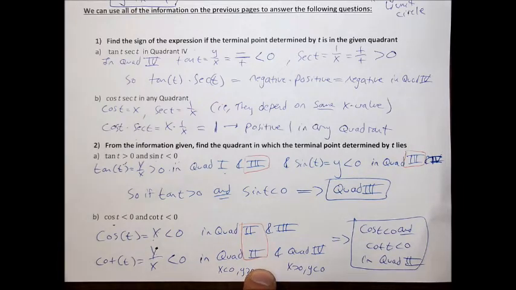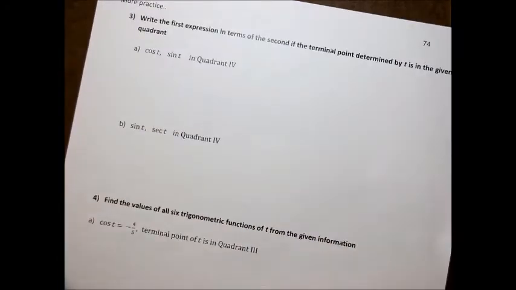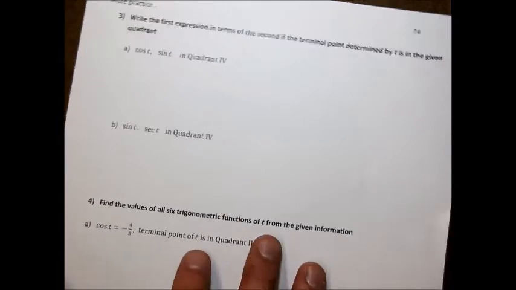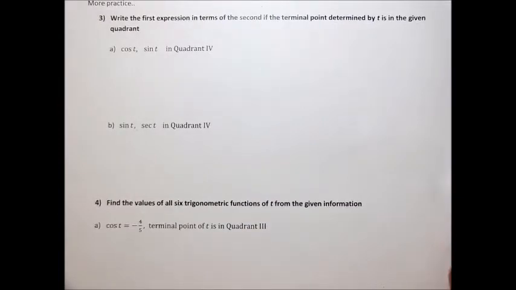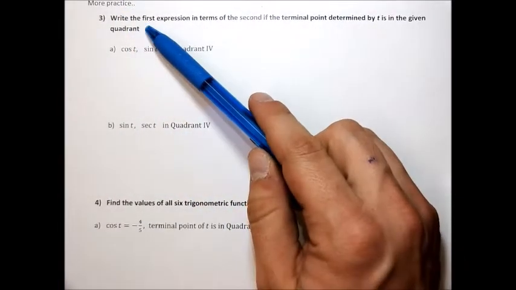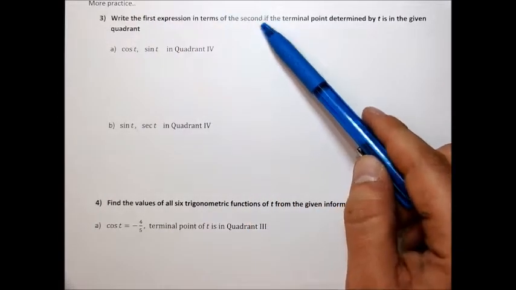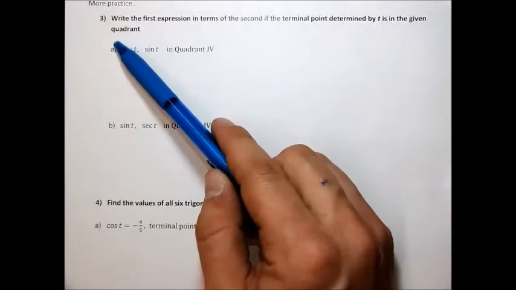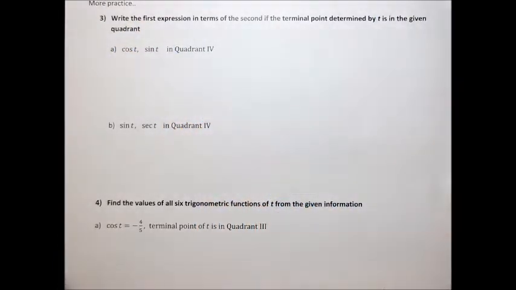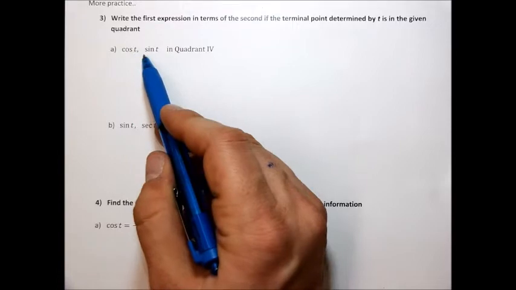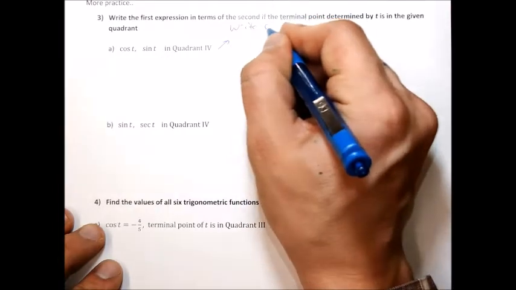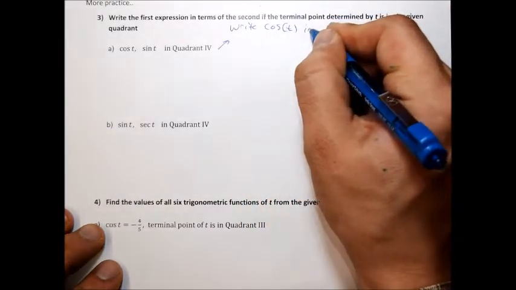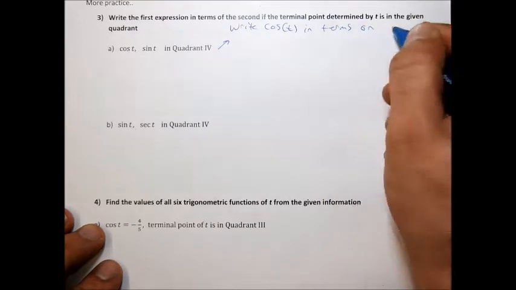We're going to do a couple of similar ones on the next page. So let's switch over to the next page. On this page, we're being asked kind of similar questions, and we're going to use similar reasoning to answer them. So the first one, we're going to write the first expression in terms of the second if the terminal point is in the given quadrant. And so what this question says, if it says cosine t, comma sine t in quadrant 4, the instructions are we want to take cosine and write it in terms of sine,